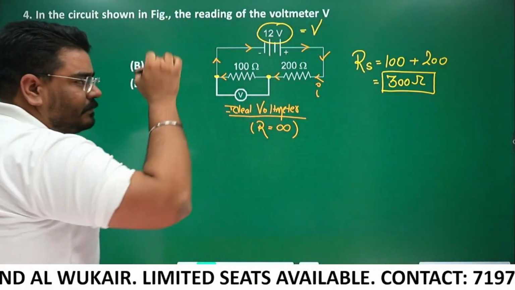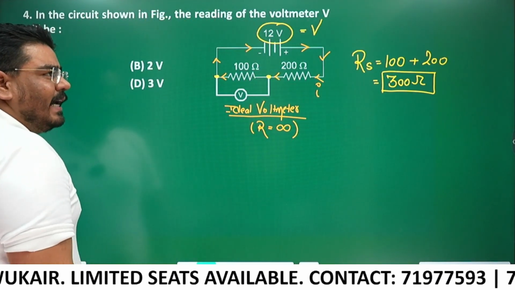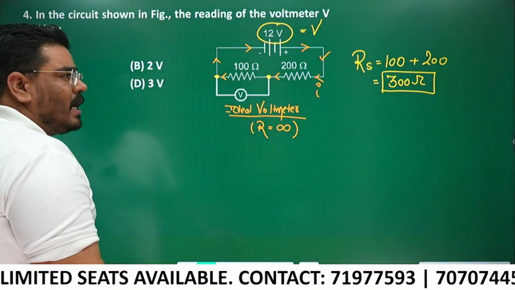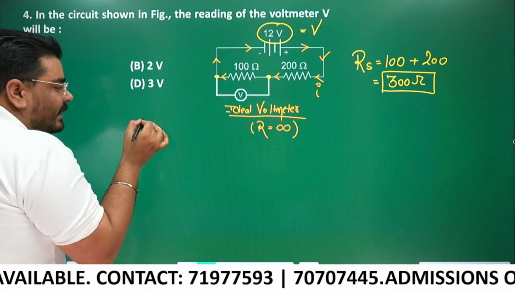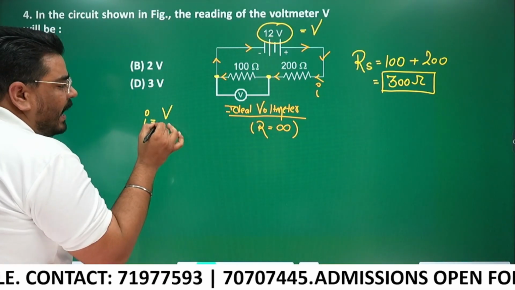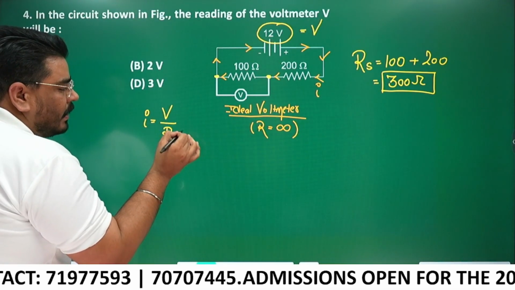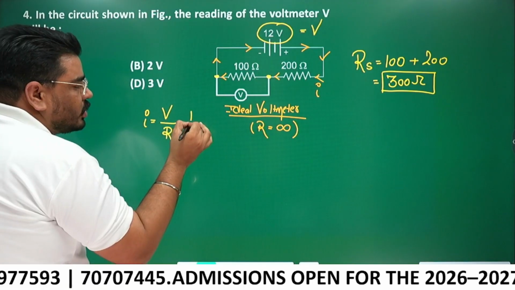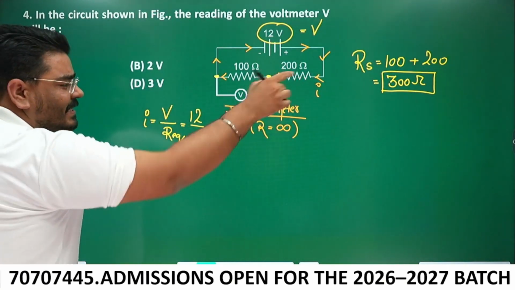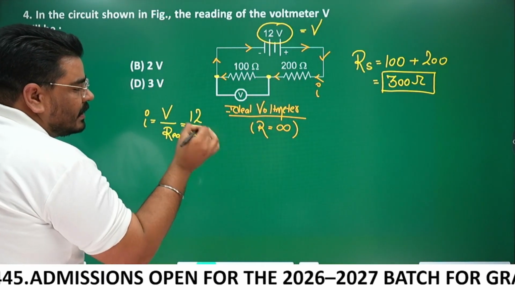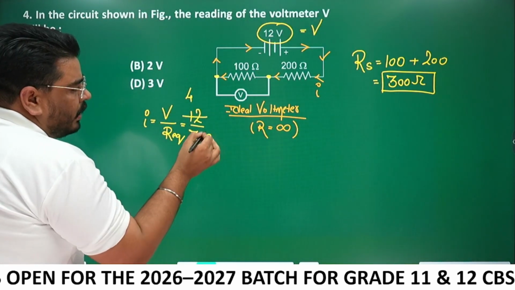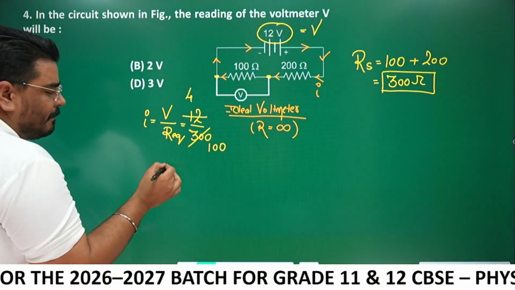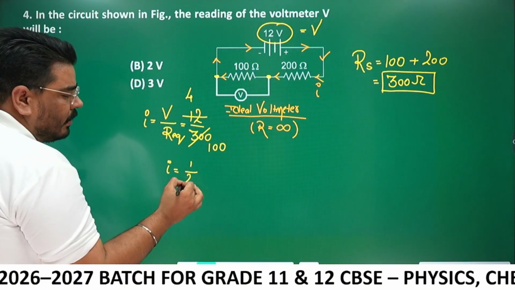If I know the voltage and the resistance of the circuit, then we can write I is equal to V by R equivalent. Here, voltage is 12, resistance is 300. Sir, can we cancel it out? 100% yes. It will be 4 by 100, which can further be written as 1 by 25